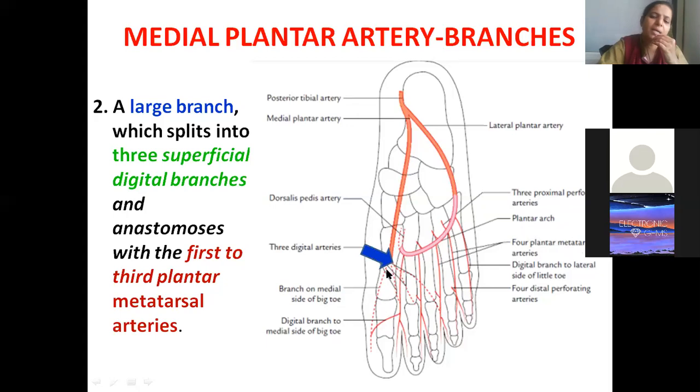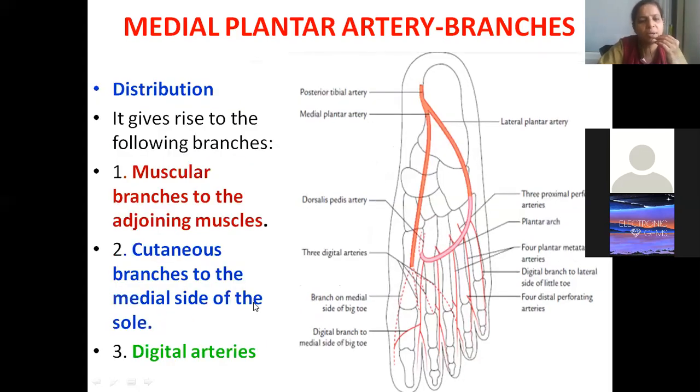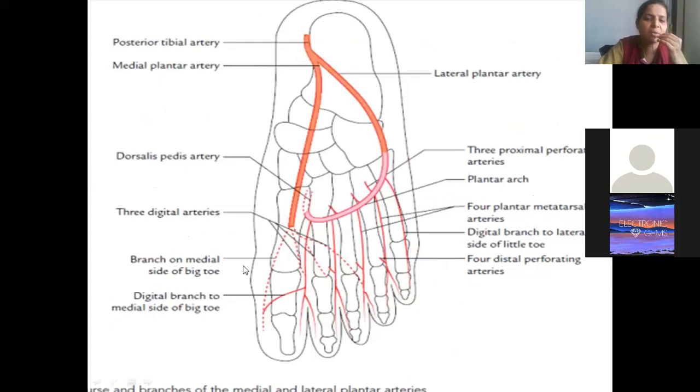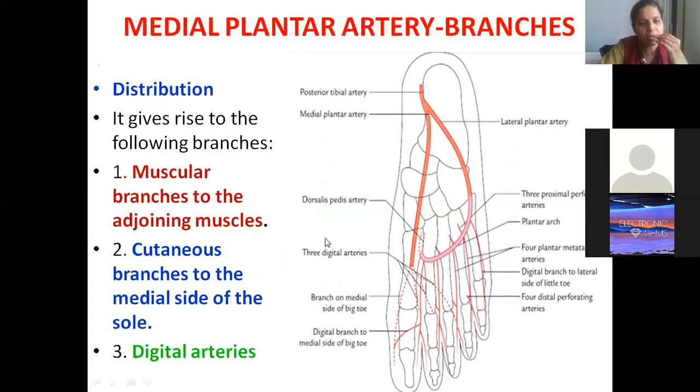Practice this diagram slowly and you can learn. Practice four diagrams: one of the medial plantar nerve, one of the lateral plantar nerve, and this common one, which you only need to learn. You can write everything from it. This big diagram is again taken from Vishram Singh only. From this diagram you will get the information of both the medial and lateral plantar arteries.